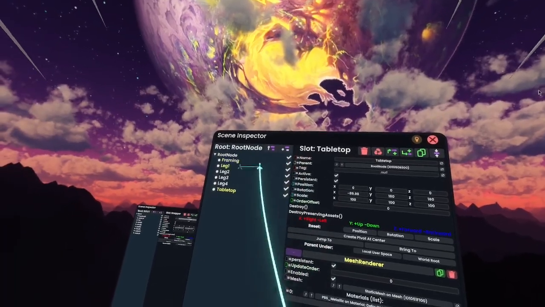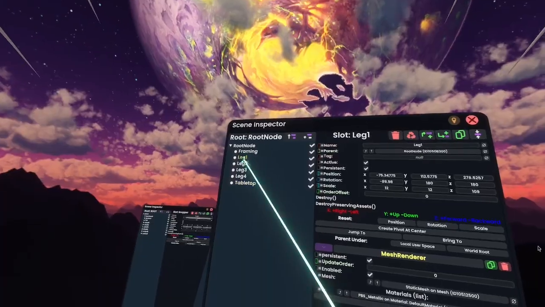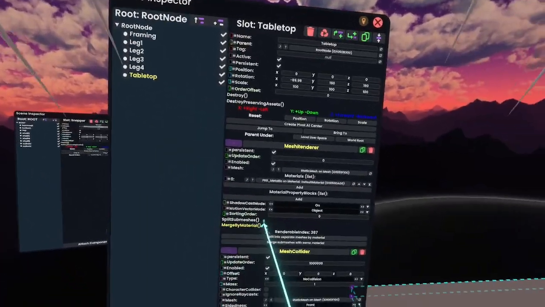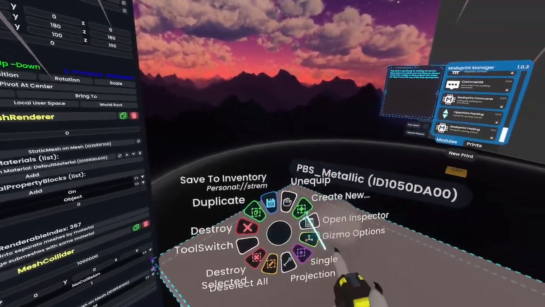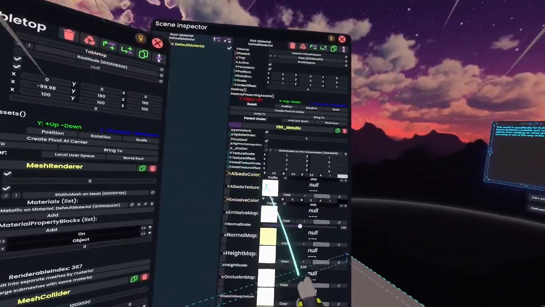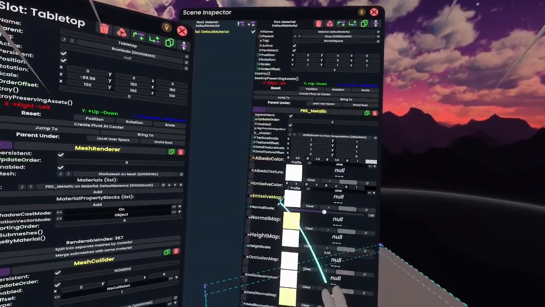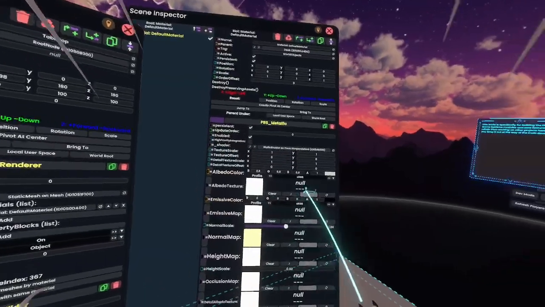So we're going to go up. So that's the root of the table now. Now we're going to do tabletop. We want to go to materials, grab it, and open an inspector on it. It has no texture, no color. We're going to want to